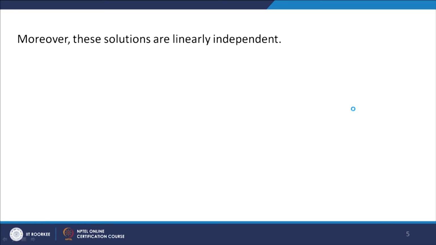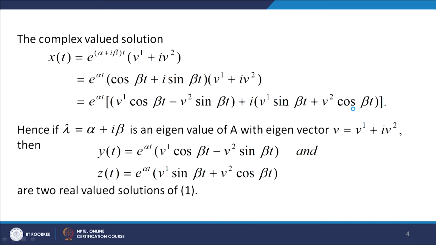Now, further we notice that these two solutions are linearly independent. Let us put C1 y(t) plus C2 z(t) equal to 0. Then we get C1 times e to the power alpha t into (b1 cos beta t minus b2 sin beta t) plus C2 times e to the power alpha t (b1 sin beta t plus b2 cos beta t) equal to 0. e to the power alpha t is never 0, so we can divide this equation by e to the power alpha t, and this will give you